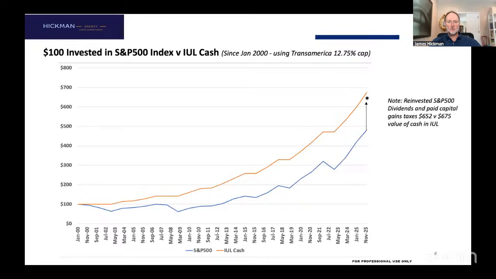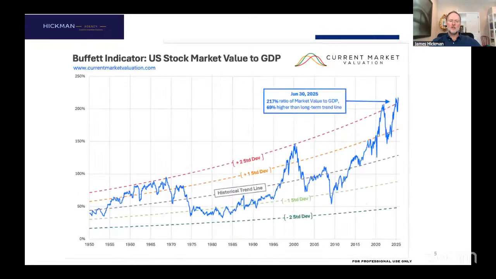And I'd be happy to talk to you one-on-one and tell you why I say that. You'll at least agree it's possible if we have that conversation. Really quickly, to review that, Buffett indicator. Well, what's the value of the stock market divided by the underlying economy? The economy captures all of the cash flow potential of the asset itself. So Warren Buffett said, well, if I divide the stock market's value by the value of the economy, that ratio is a really potent measure of whether the stock market is expensive, cheap, or fairly valued.